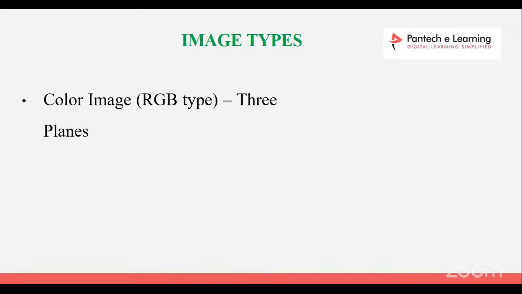I think all know RGB is the primary color. What is the secondary color? Cyan, magenta, and yellow are called secondary colors. In total, we have three types of image color formats: RGB, gray color, and black and white. Color image means RGB, meaning red, green, and blue. We have a three-channel value. The RGB value ranges from 0 to 255.